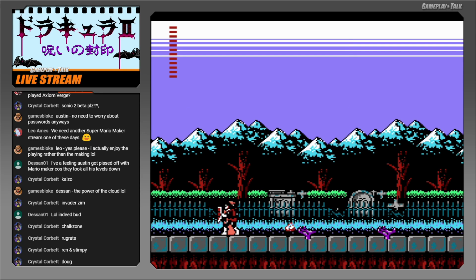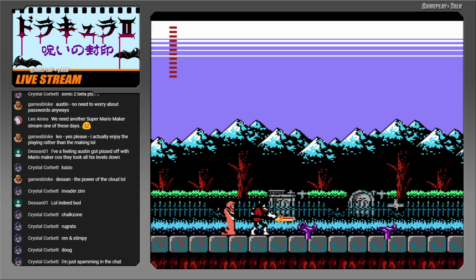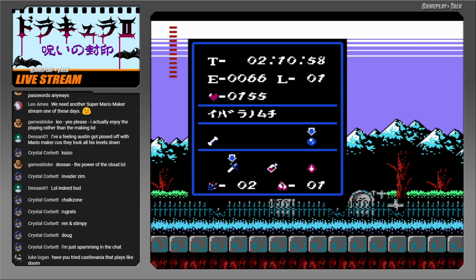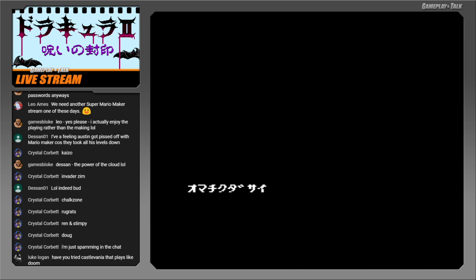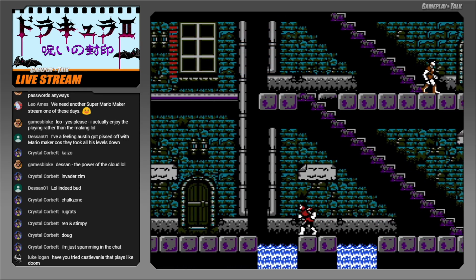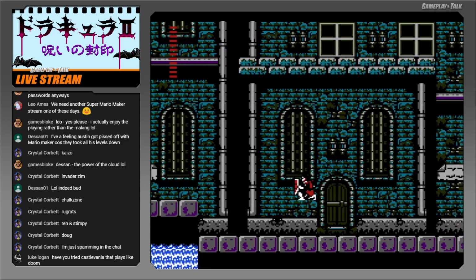And there we go, so we've got the knife now. Actually, this one, I believe, uses hearts. So it's a little bit better than the other knife that you get, but it's still not worth it. You waste hearts using it. But just for completion's sake, I like to get it. So we actually probably will miss the silk bag. I think that's one of the only items we probably won't get in this playthrough. But